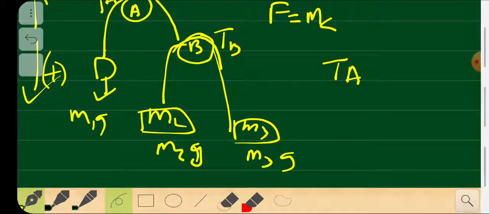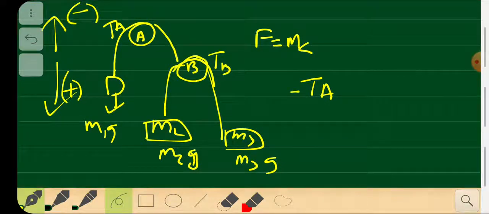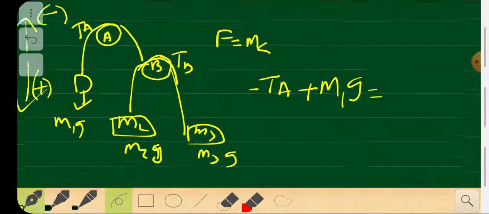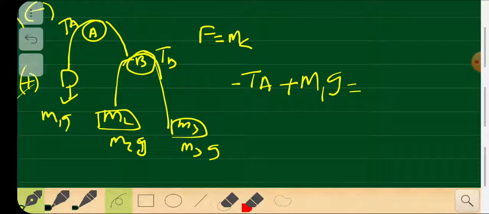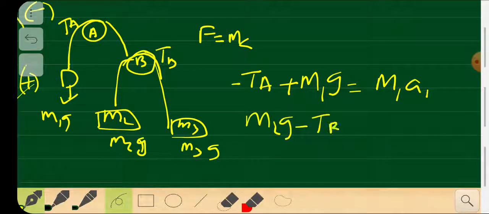TA is negative here, so you can write minus TA plus m1g must be equal to m1 a1, which is the F equals ma part. Similarly for the second mass, m2g minus TB must be equal to m2a2,